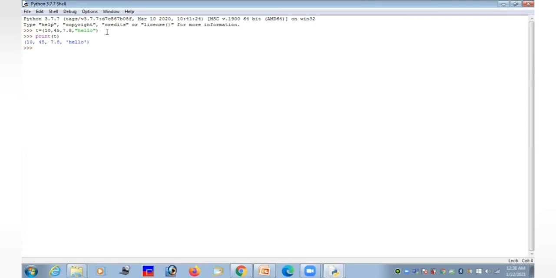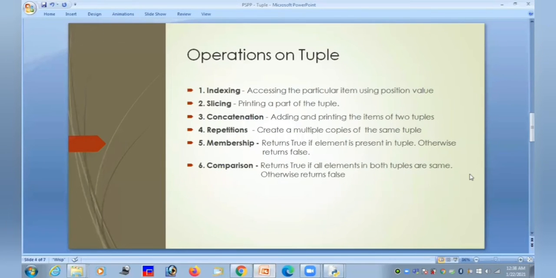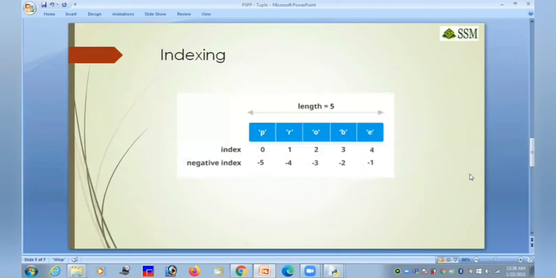Then we are going to see what operations can be performed in a tuple. So these are all the operations that can be performed in a tuple. The first operation is indexing. Indexing is used to access a particular element in a tuple. There are two types of indexing possible.